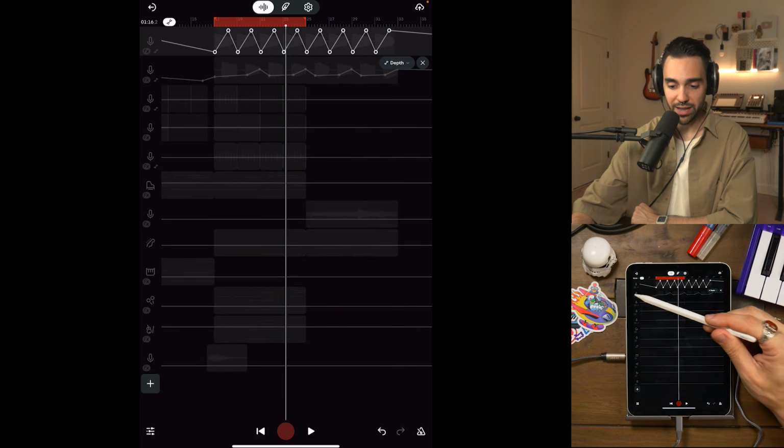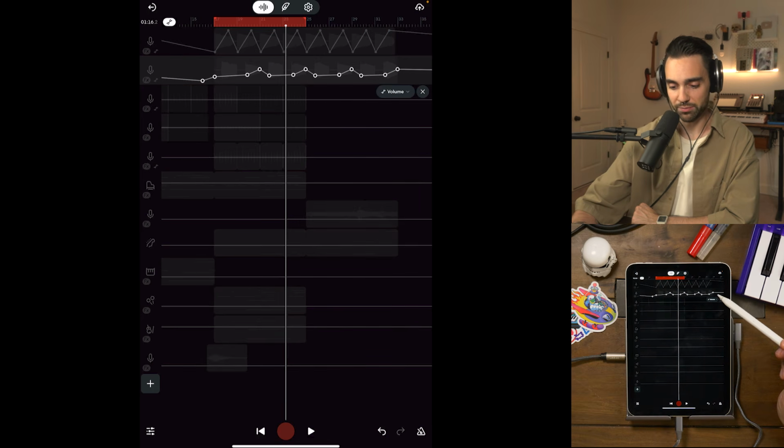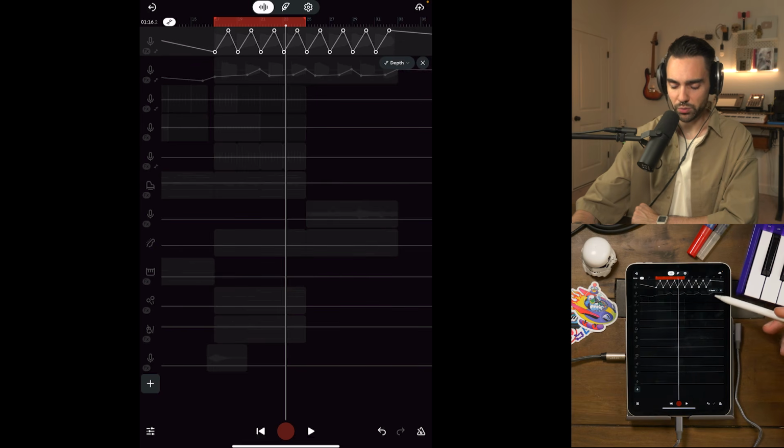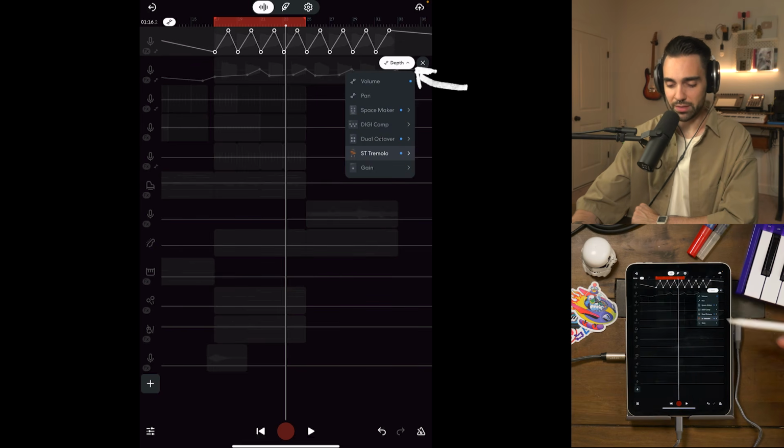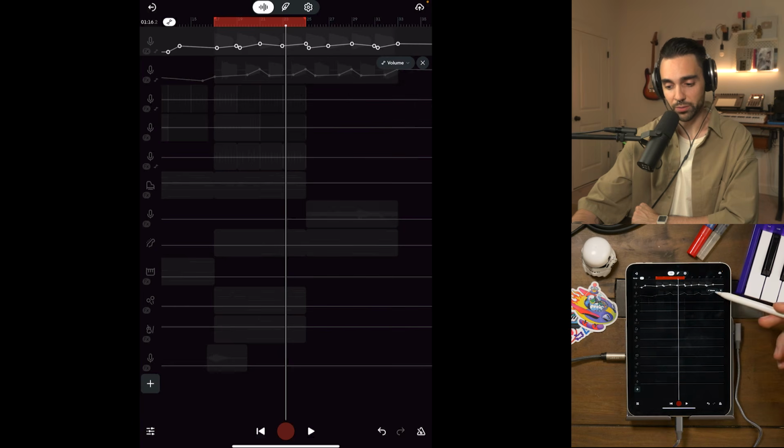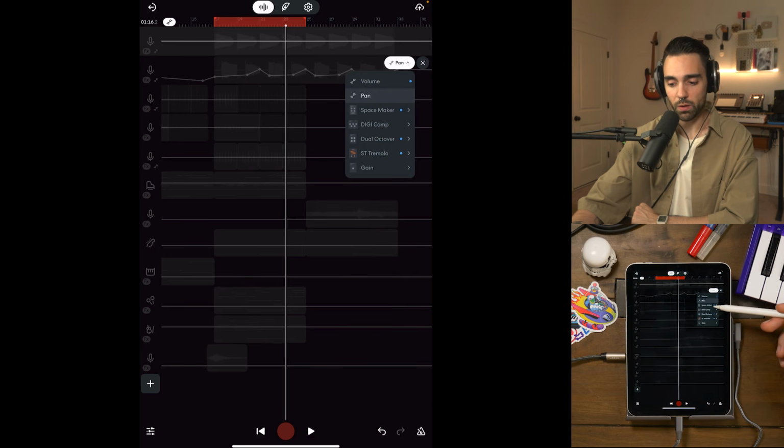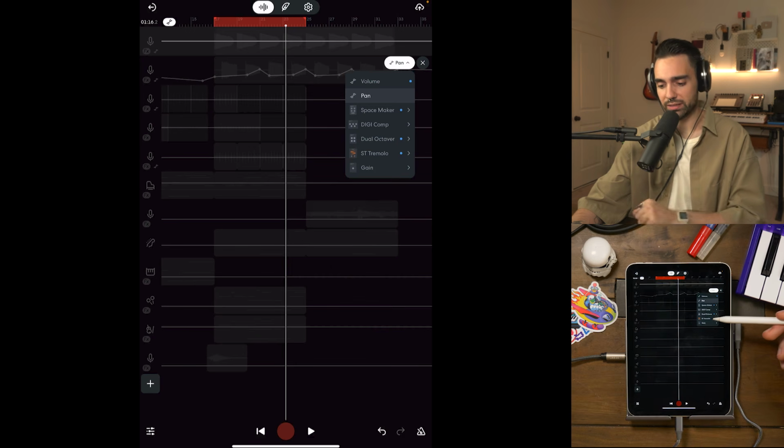If I go down to the next track, you can see more lines have been drawn here as well. But let's go back up to the first one, and I just want to show you this drop-down menu. This drop-down menu is going to show us everything that we can automate. So we can automate the volume. We can automate the panning. And you will also see all the effects that I have on this track. My Space Maker reverb, the digicomp, the dual octaver, which is giving it that really low note resonance, and the